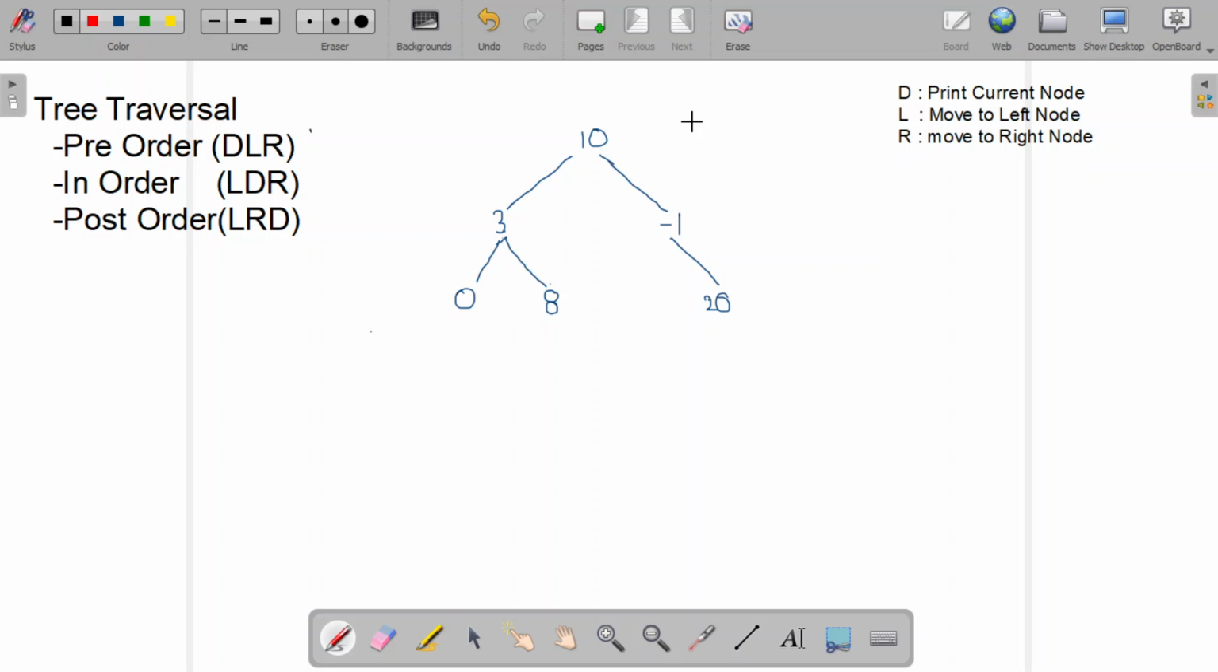That means D is printing the current node. L is moving to the left node. Like here, D is the current node, printing the current node, and moving to the left side. L means left side, R means right side. That means I'm going to apply this same